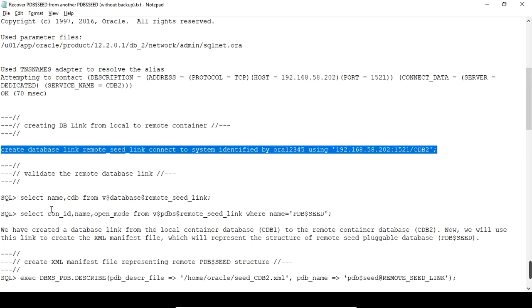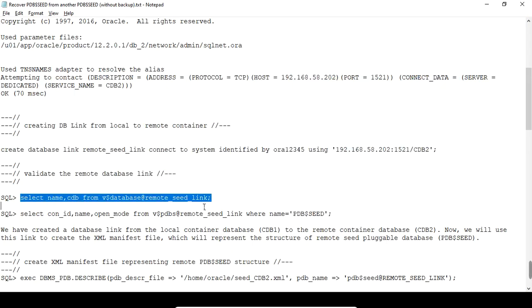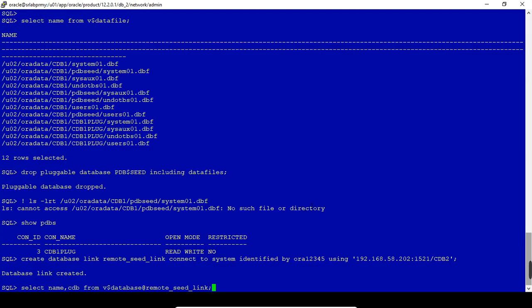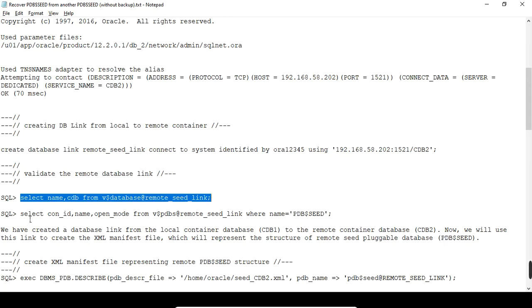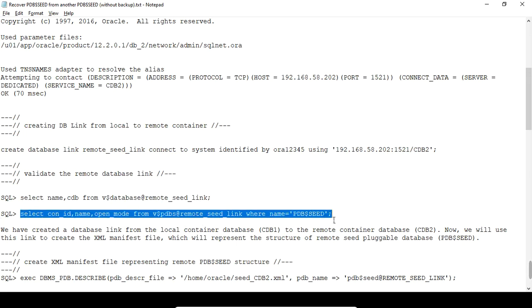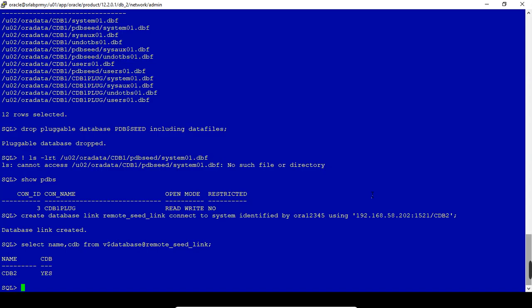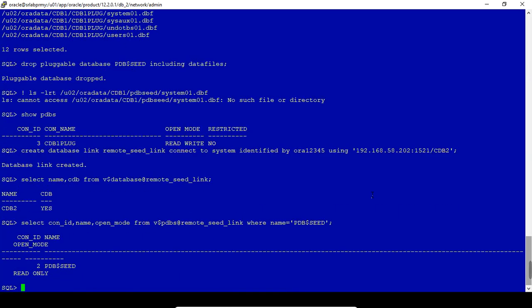Okay, so I am validating whether it is working or not. The DB link is working fine, and you can validate it as well. This is also working fine.